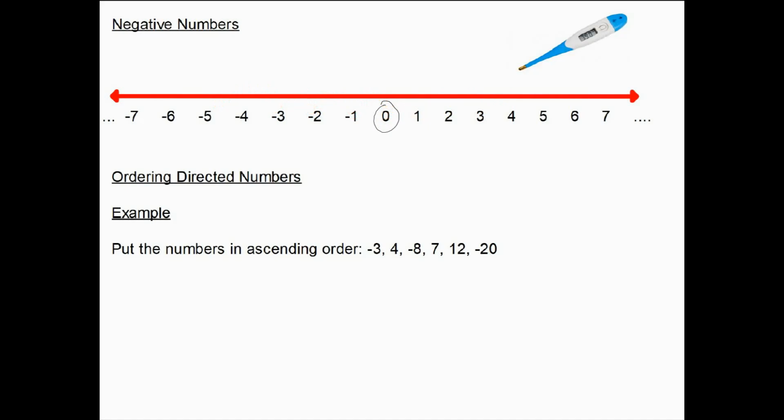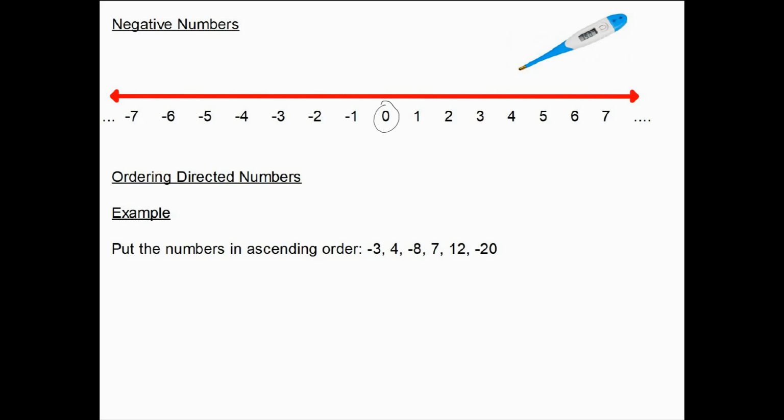For example, you might have a temperature which is minus 2 degrees Celsius, so obviously it's below freezing. It might be minus 2 below freezing, minus 3 below freezing, and that's where we'd use negative numbers in real life. And to order directed numbers or negative numbers, we just need to keep in mind how the number line